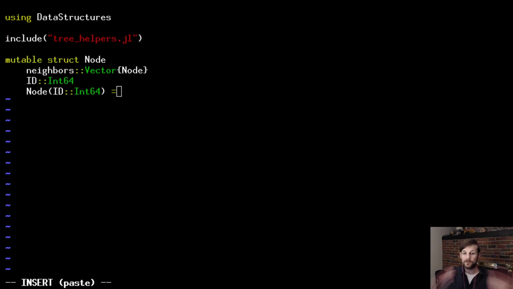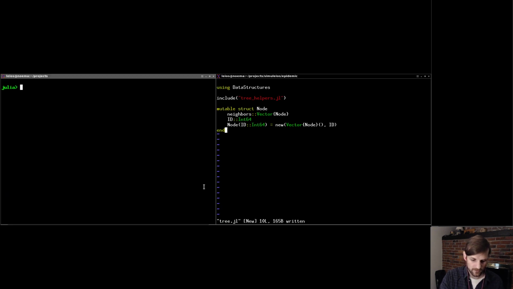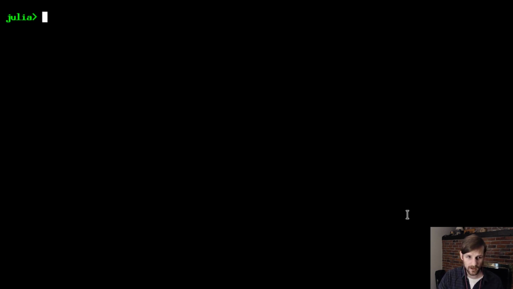Okay. So this is literally all we need for creating a struct tree node. It's basically all we need to get started. So now I'm going to switch over to a Julia REPL, which should be this one here. And I'm just going to include this file. So include, one